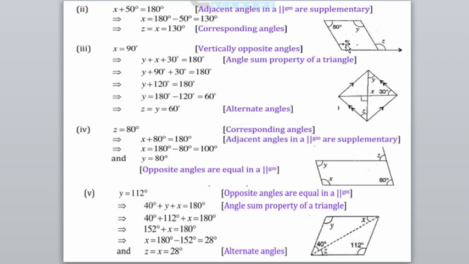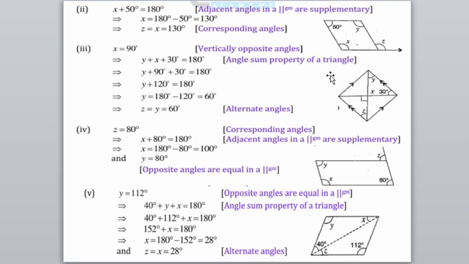Here we got the value of x. Now we want the value of y, and we know that in the figure x and y are opposite to each other, and in a parallelogram opposite angles are equal. So if x equals 130 degrees, then y is also equal to 130 degrees. Now we want the value of z. So notice here x and y are corresponding angles, and if they are corresponding angles it means the measure of corresponding angles is equal. Therefore z equals x equals 130 degrees because they are corresponding angles.